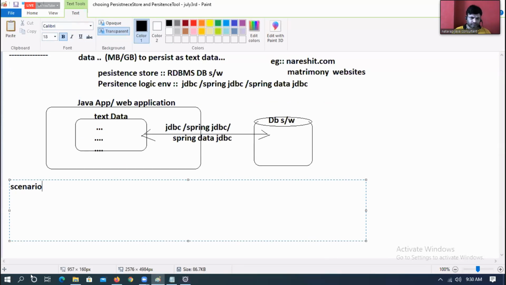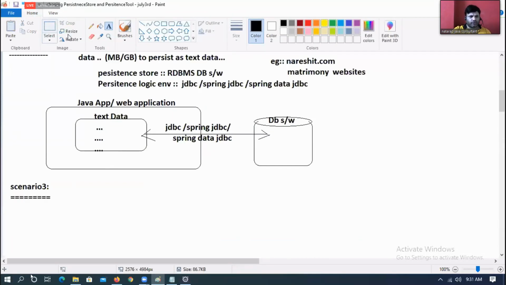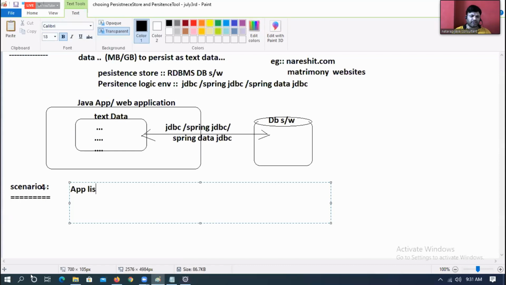Scenario 4. The application is a medium scale application, like a web application, generating medium sized data, in MBs and GBs.